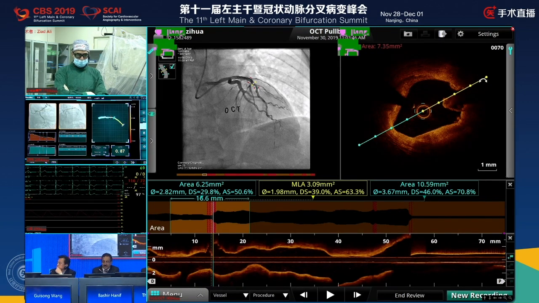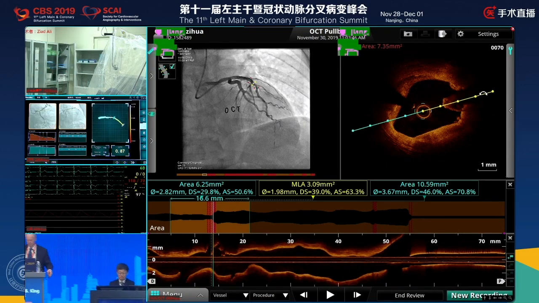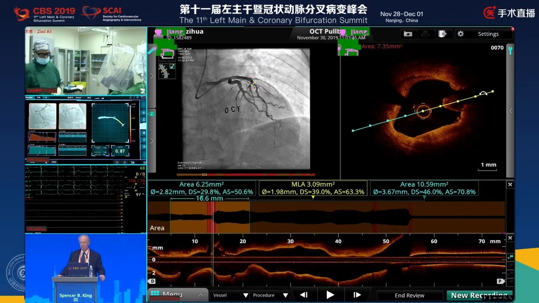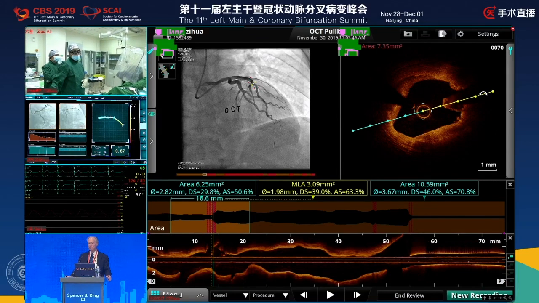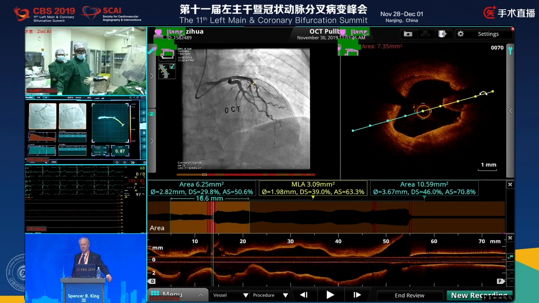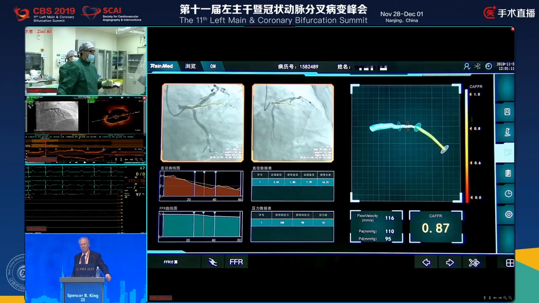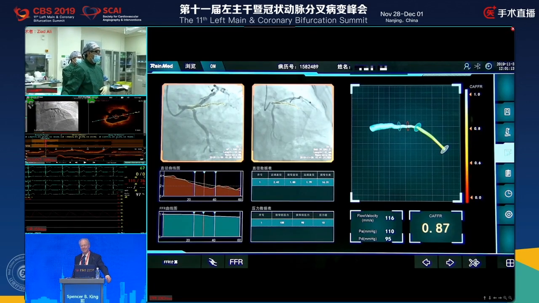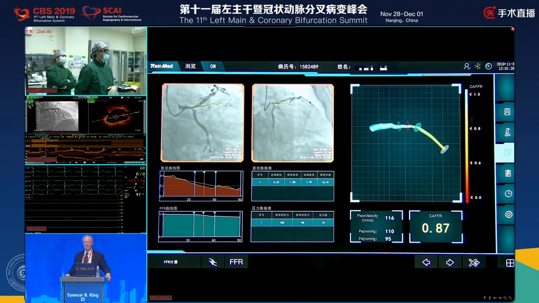So Ziad, what's your plan here? So I'll tell you what we did. We interrogated that septal by Angio-FFR, and the Angio-FFR of that septal was 0.57. So it's clearly very ischemic, for whatever it's worth. So what we decided to do, because the patient was on the table and was having chest pain, is that we would at least take a gentle